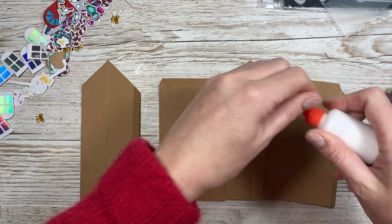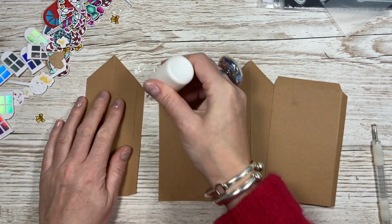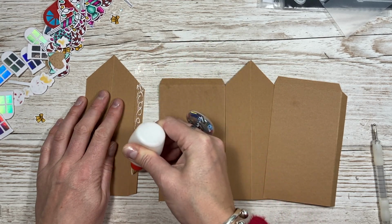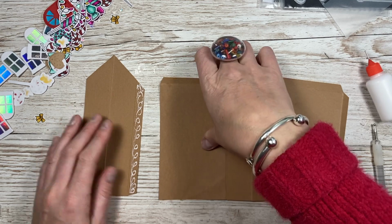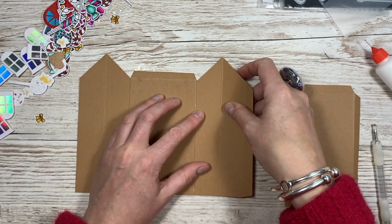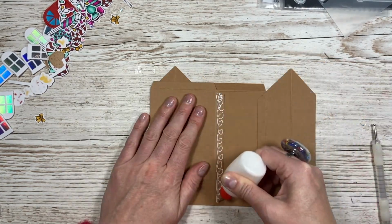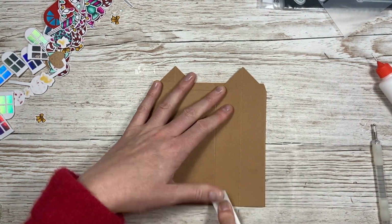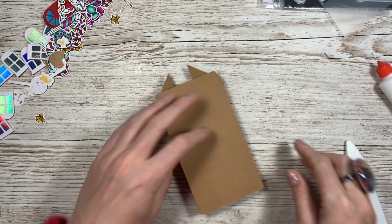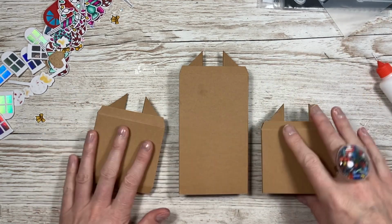So again, I'm going to grab my glue here and just stick it together just like you did with the smaller ones. Okay, so again, make sure it's all burnished and it all folds in like so. So now you should have